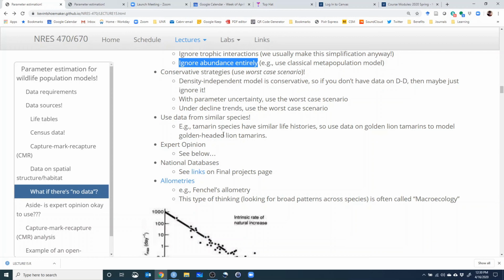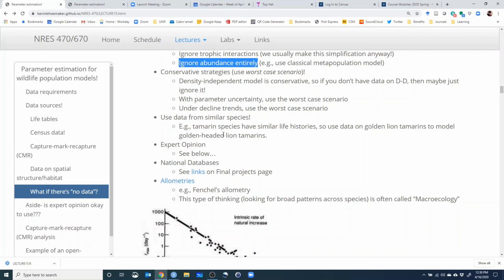And why is that? Well, in a density dependent model, as the population gets smaller and smaller, the vital rates get more and more favorable, at least if you're talking about a negative density dependence, like a logistic growth type model. As the population gets smaller, the vital rates get more and more favorable, and it becomes less and less at risk of extinction. But if there's no density dependence, as the population gets smaller, there's no rebound in the vital rates. The population vital rates don't improve, and that means that the population might be at higher risk of extinction because there's no process compensating for the smaller population size, right? And so